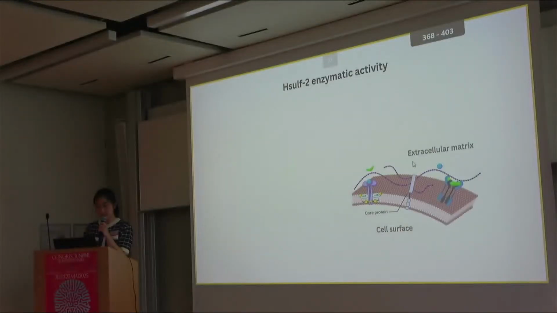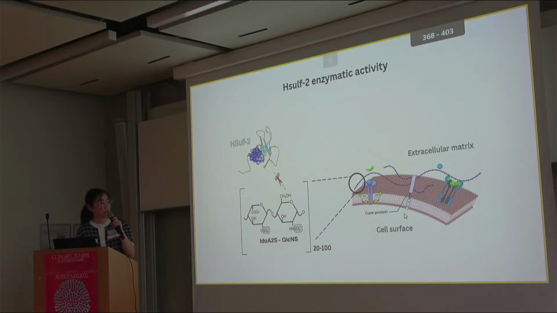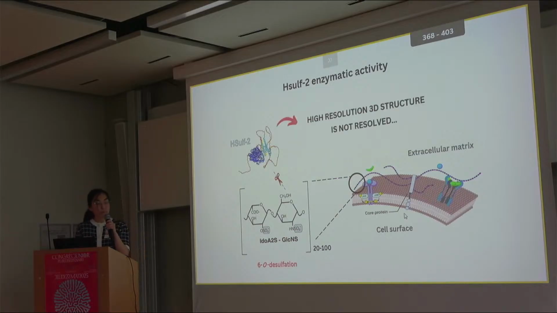On the level of its enzymatic activity, what it does: on the cell surface of our cells, we have a molecule called heparan sulfate proteoglycan. It consists of the core protein and long chains of sugar molecules, polymers. If we zoom in, they can be sulfated at several positions. And HSulf removes this sulfation at a very precise position. This process is called 6-O desulfation. But even though we know its enzymatic activity, the high-resolution 3D structure is not yet resolved,